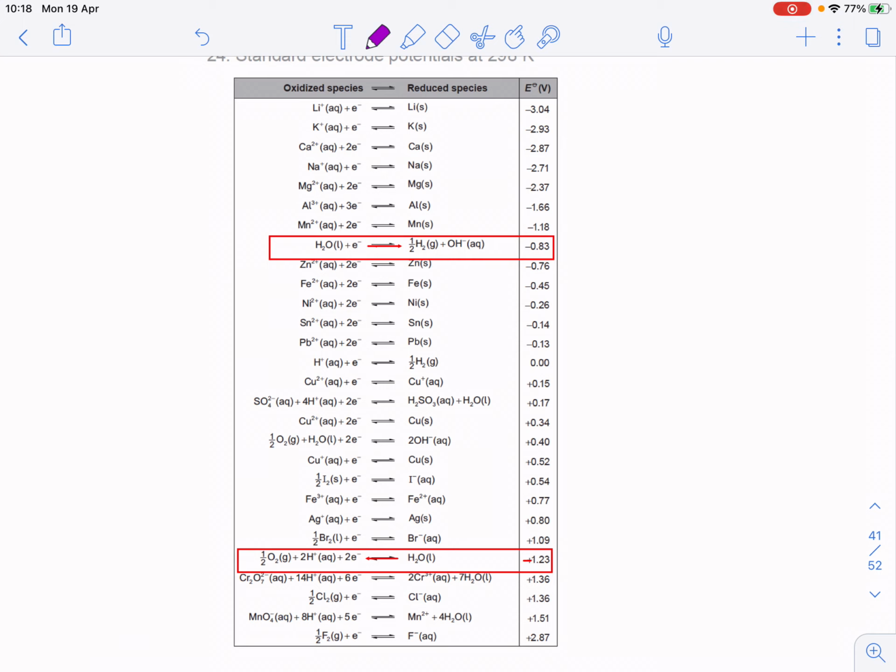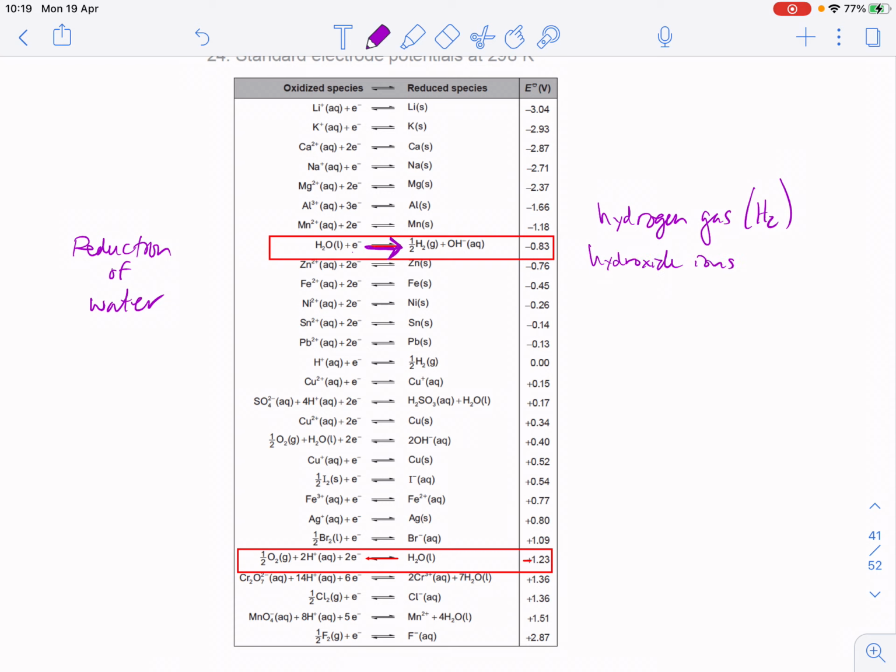It's given to you. So we know that reductions are shown going to the right. This table shows reduction half equations if we think left to right. And so the reduction half equation for water, so water gains an electron and creates hydrogen gas and hydroxide ions. So our two products, the main product would probably be referred to as hydrogen gas, or H2. We also make hydroxide ions,